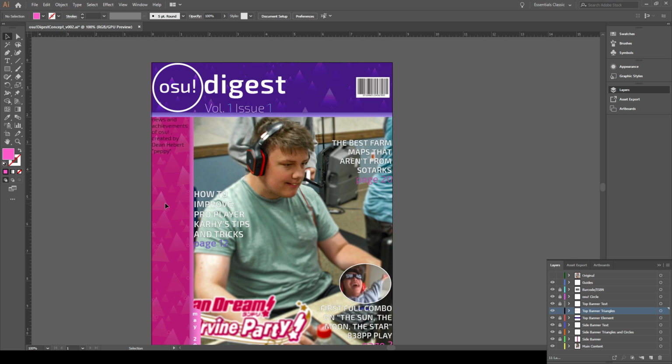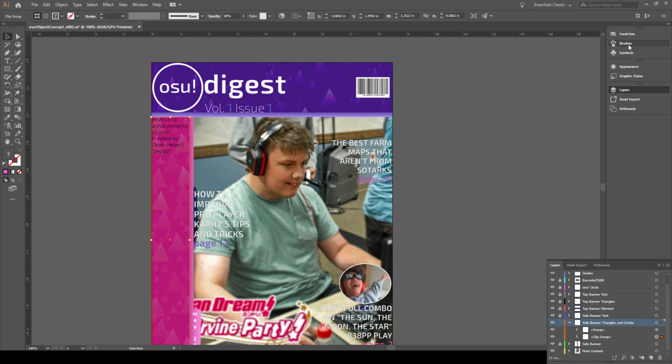And I basically did the same thing over here. And when I say basically, I mean I straight up did. I actually pulled a lot of these similar triangles, but then I modified the shape, moved them around, added in some circles, and then just gave it a, let me select it, and then just gave it a different screen mode. So, I just put it to lighten instead. But I could put it to color, and I did at first, but I wasn't a fan of the way that it looked. I thought that it was just too much. It really hits you in the face and stands out just a little too much. So I went with lighten. I felt that it fit better, but I don't know. A lot of those are open to interpretation.